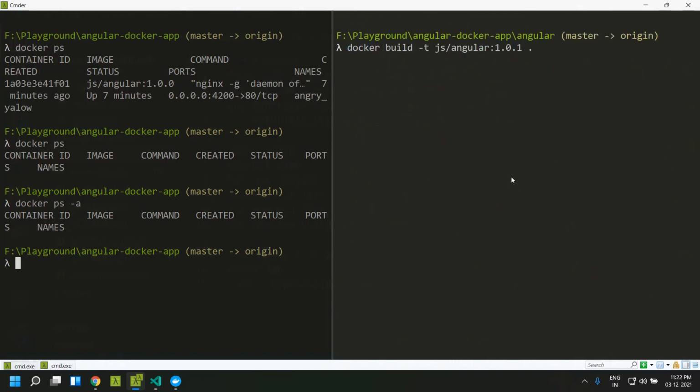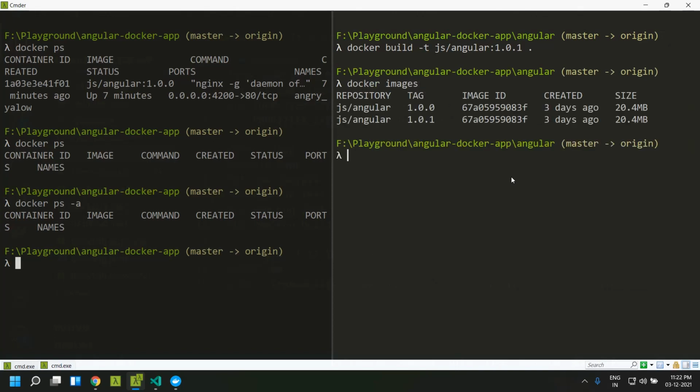So here we have already created two images. In case you need to remove these Docker images, you can make use of the docker rmi command, and you can delete them either using a combination of the version and the tag, or you can directly provide the image ID.